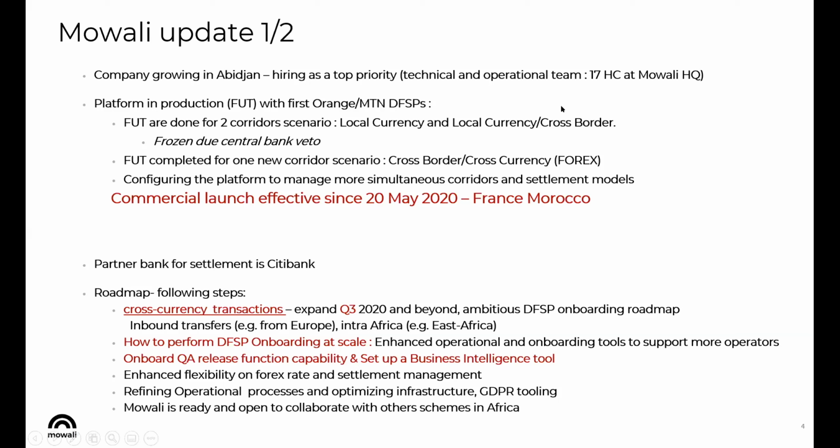The friendly user test has already been done for 2 scenarios: local currency and cross border. It means between two different monetary zones, and we are happy to